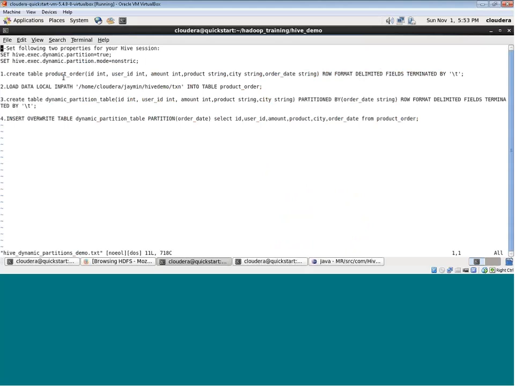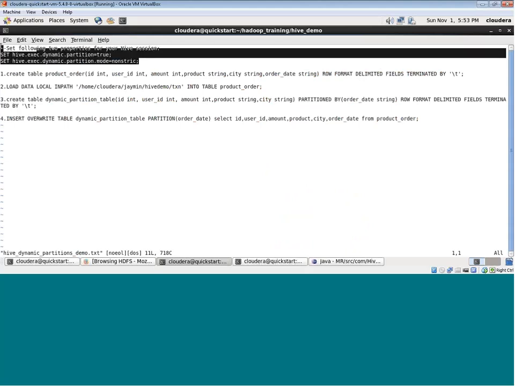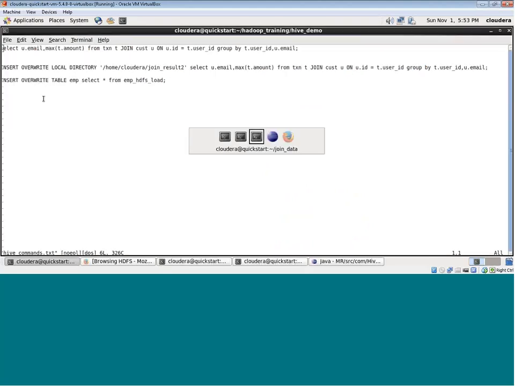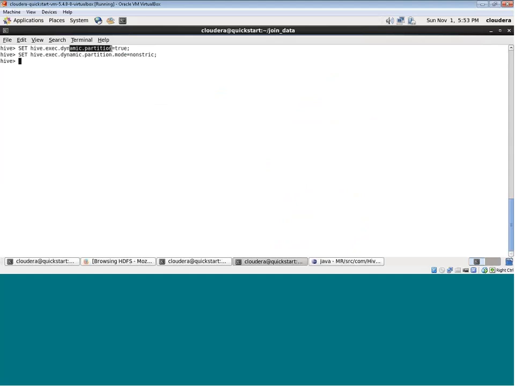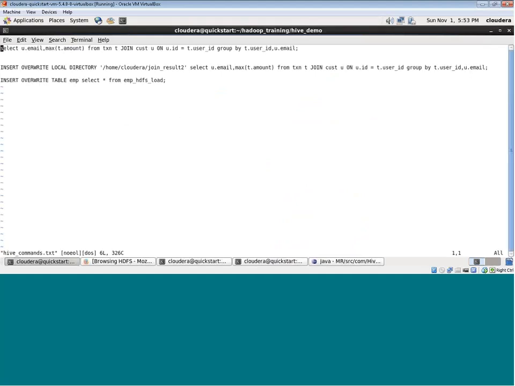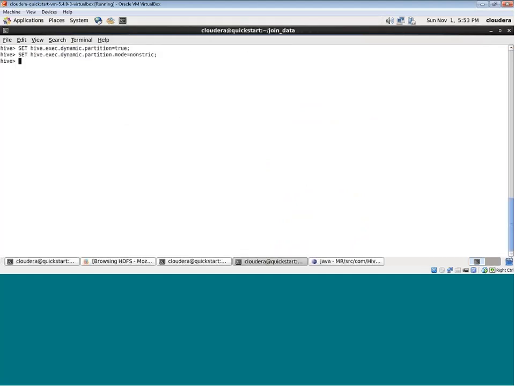You can just execute it as it is. So first of all, when you want to create a partition, you have to set these 2 properties. Under Hive, I'll be setting these 2 properties: set Hive dynamic partition as true and the mode as non-strict,